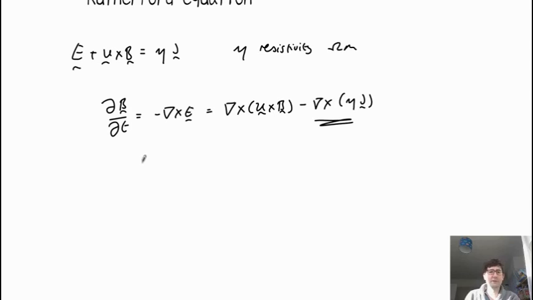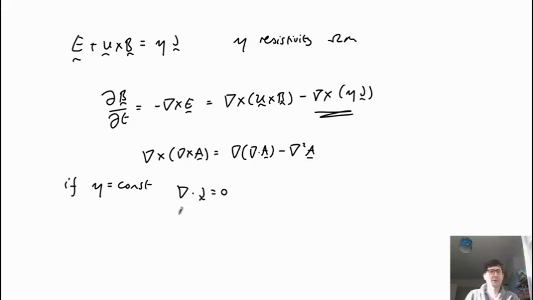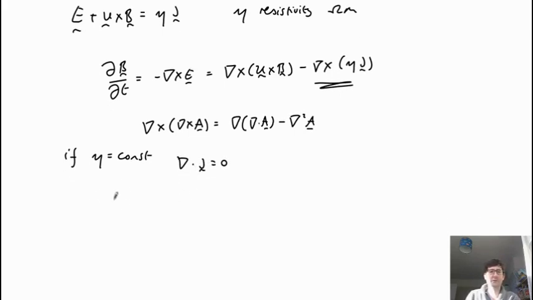We now use a vector identity, so we have the curl of curl of a field A is the gradient of the divergence of A minus the Laplacian of A. And now we can use this formula and expand this out. It's easiest if, for now at least, eta, the resistivity, is a constant. So if you say eta is constant, this simplifies things, because the divergence of J is zero. There's no current or charge buildup anywhere. So we have the divergence of J is zero, and so we can just turn this into